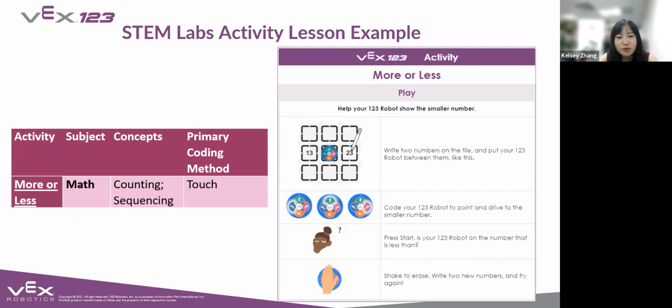For example, we write 2 numbers there, 13 and 23, and ask students to code and drive to the smaller number. In that way, students will be able to learn simple math for kindergarten students or even primary 1. This is just one example of how to teach math with 1, 2, 3.